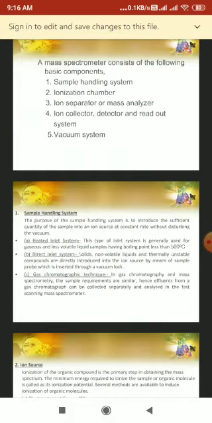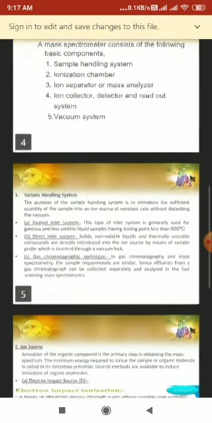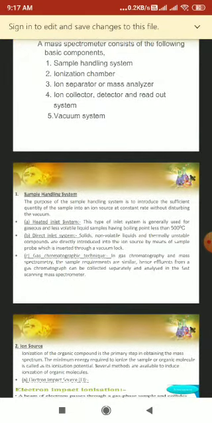The purpose of the sample handling system is to introduce a sufficient quantity of the sample into an ion source at a constant rate without disturbing the vacuum. A micromole sample in gaseous state is slowly allowed to leak into the ionization chamber. The pressure of the sample in the reservoir is greater than in the ionization chamber to maintain a steady flow of gaseous sample. For different types of samples, different sample inlet systems are used, in which the first inlet system is the heated